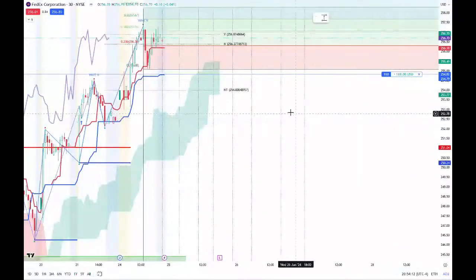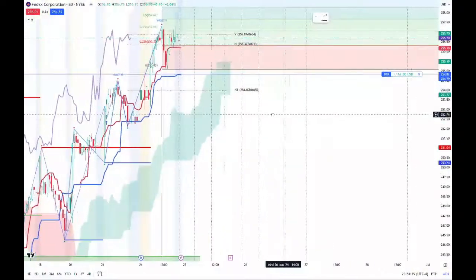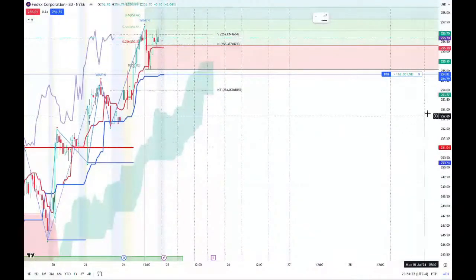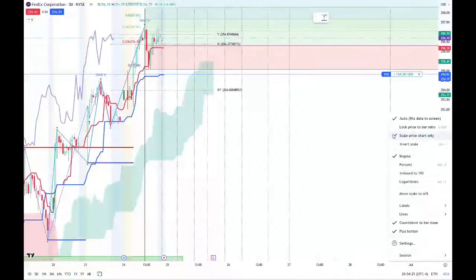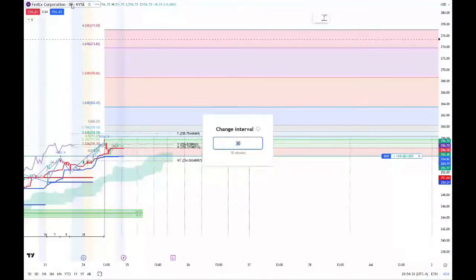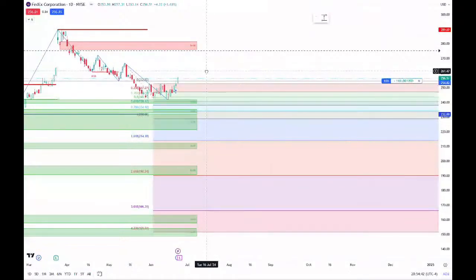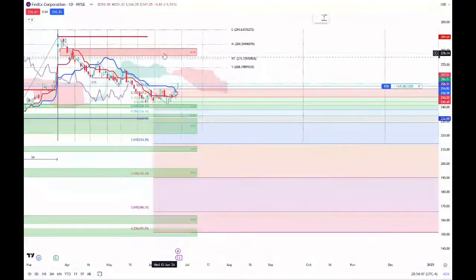Now, why I'm kind of concerned. Okay. So I'm concerned because, let me see, let's look at this. Okay. Because let's go to a day chart. Oops. 1 day. On a day chart, we have this block as the bear block